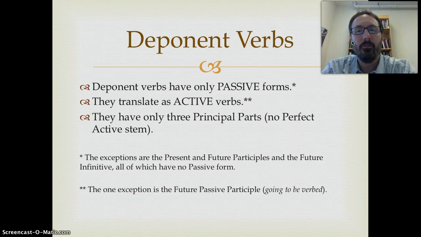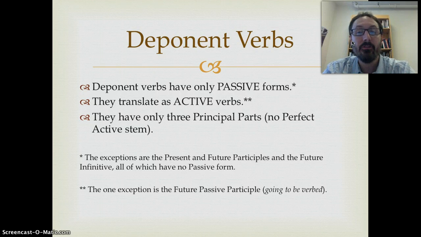A deponent verb is a special wonky kind of verb that, for whatever reason, only has passive forms. That means you'll never ever conjugate a deponent verb with your active endings like o, s, t, mus, tis, nt, or i, isti, it, imus, istis, erunt. Those endings never appear on deponent verbs. Deponent verbs only appear in the passive. So r, ris, tur, mur, mini, ntur, pardon me,